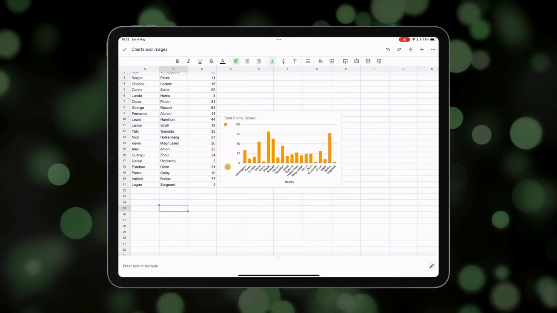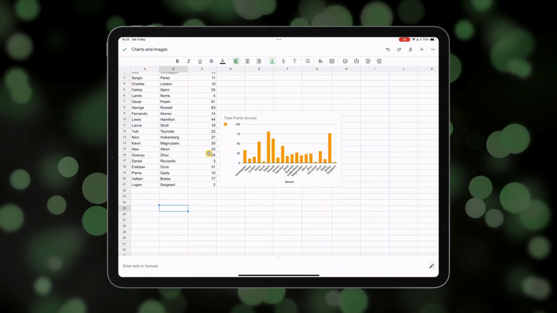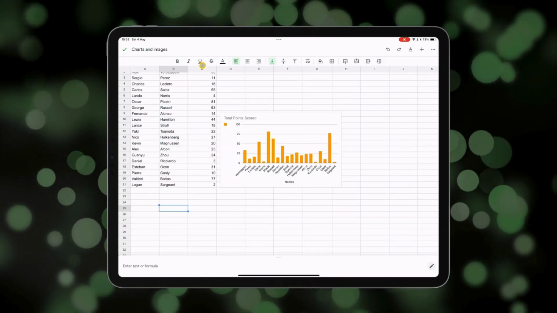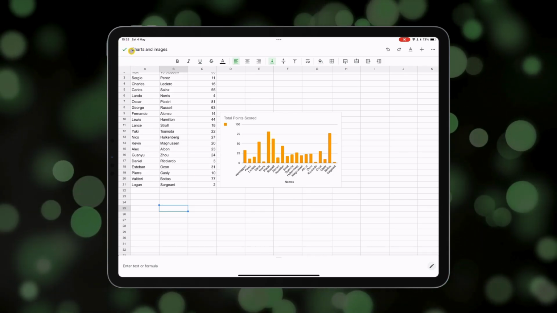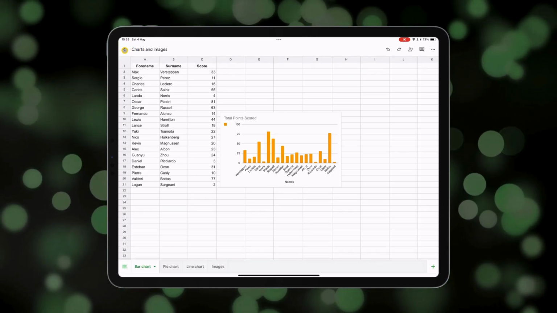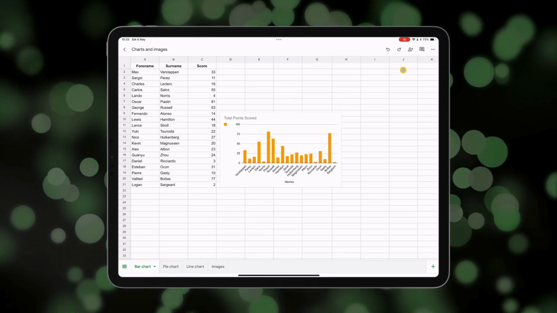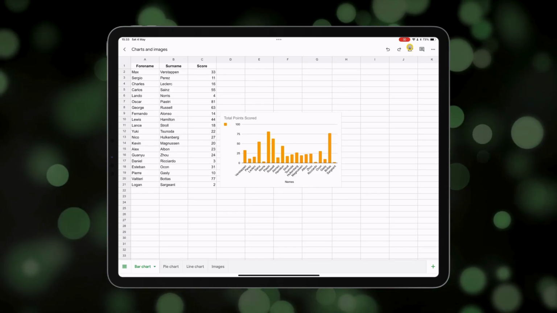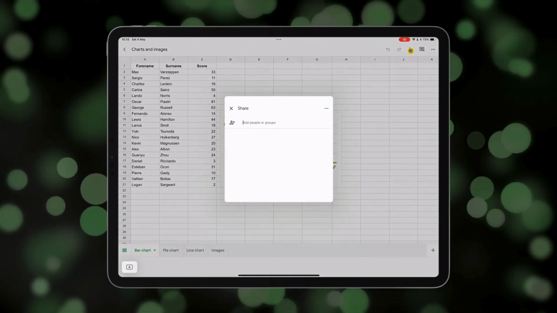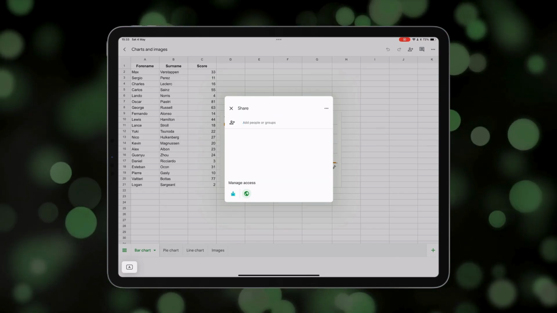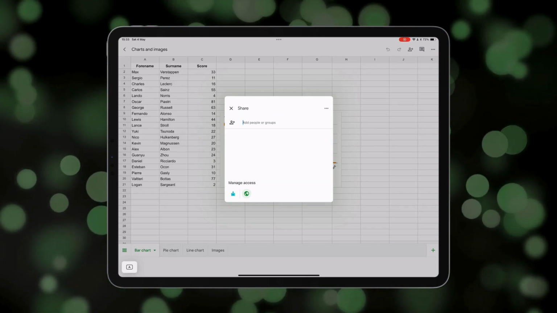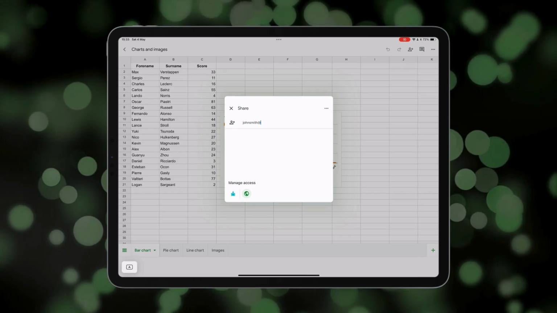So let's add some people to this sheet that I have open here. I'm currently in editing mode, which means that there's this green tick here at the top left. If I press that, then I can now share this sheet with the people that I choose with this button here. Now when I tap that, it will prompt me to add people or groups, and here, for example, I might choose to add someone called John Smith at